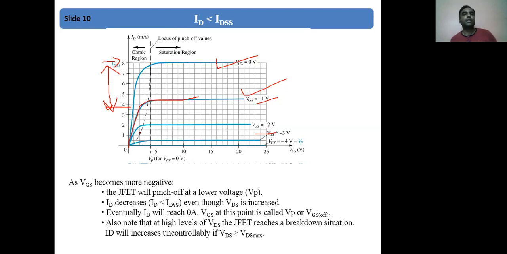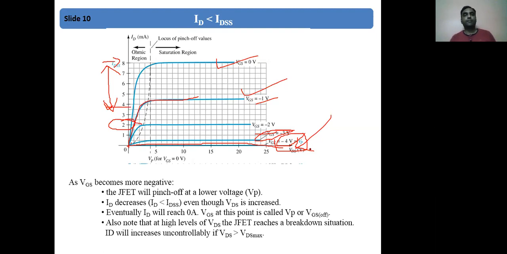Again, I increase to VGS equals -2. The saturation will come earlier. As you can see, the saturation current for VGS equals -2 is 2 milliampere. Again, I increase VGS to -3, and the saturation will happen around 0.5 milliampere, as you can see. And now one point will come where VGS equals -4. The current is completely zero. The current is zero on the x-axis, as you can see over here. The voltage for which this phenomenon happens is called the pinch off voltage. VP equals VGS off.